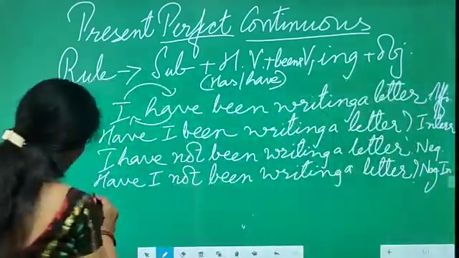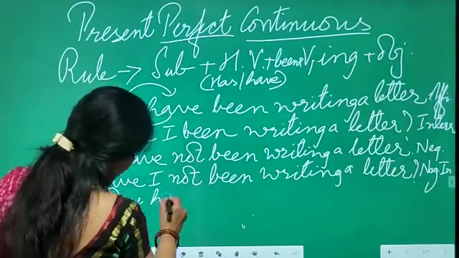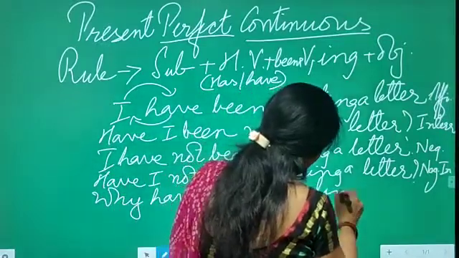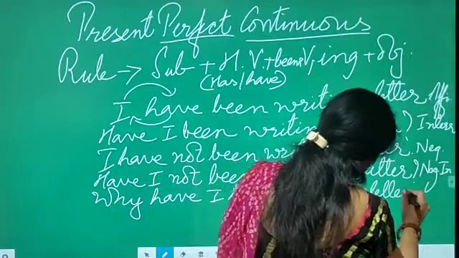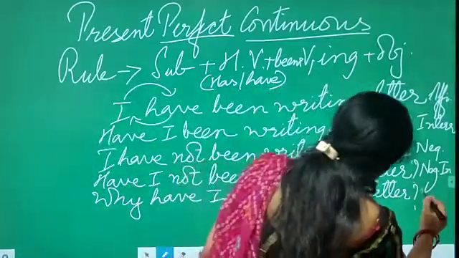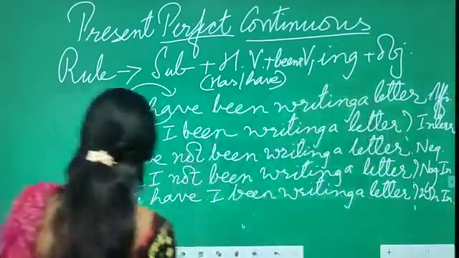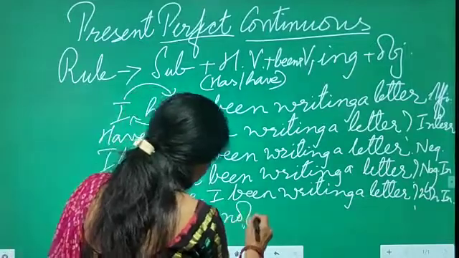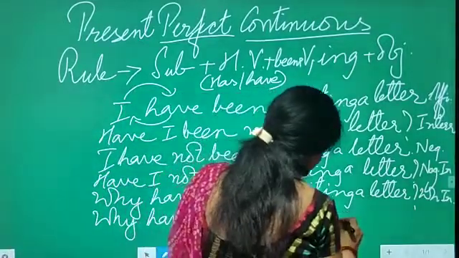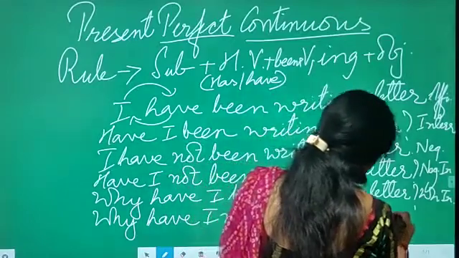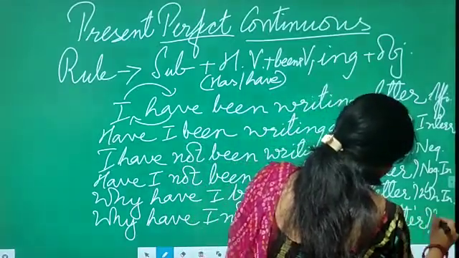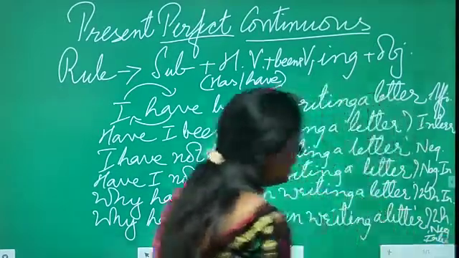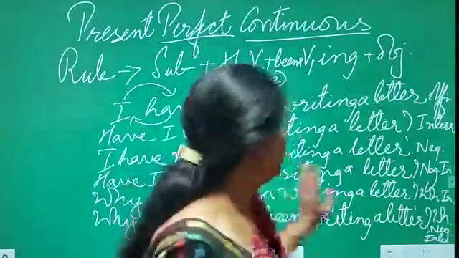Then WH, why have I been writing a letter? This is my WH interrogative. And my WH negative interrogative, why have I not been writing a letter? So this is my WH negative interrogative. I hope the present tense is clear to you through all these